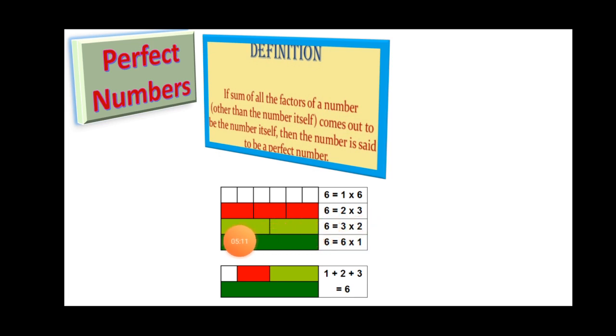Now when I talk about this light green color portion, you can notice that this one portion of light green color is formed by considering this one portion of red color. Among this portion we have considered one white color box also. That means we have considered here 3 boxes of white color.